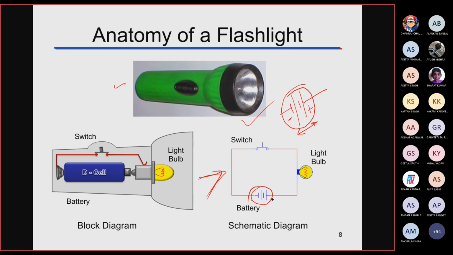So bulb. Basically, this symbol represents a tungsten bulb. So this is a load in the form of resistance. The simple tungsten bulb that was used earlier, of 40 watts or 100 watts, was purely a resistive load. So we are applying a voltage source across a resistive load with the help of a switch. Now whenever we press it, this completes the circuit and the bulb glows.